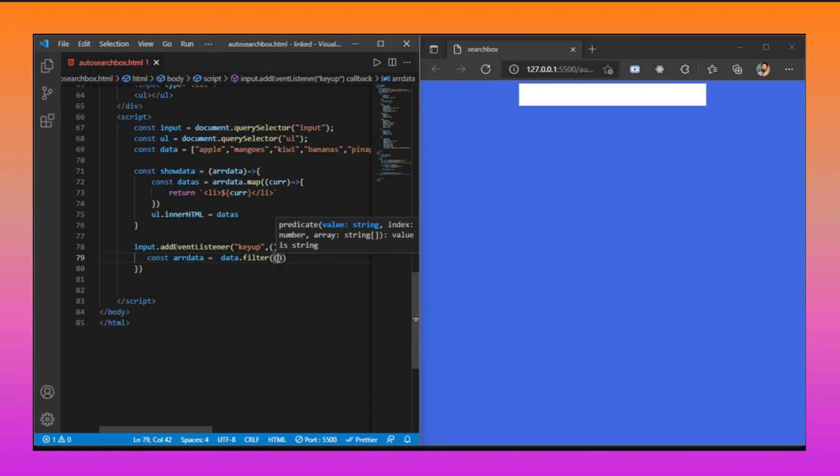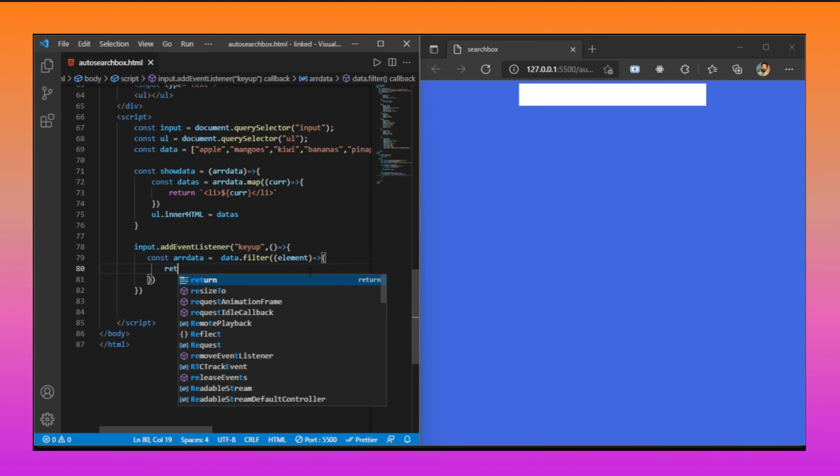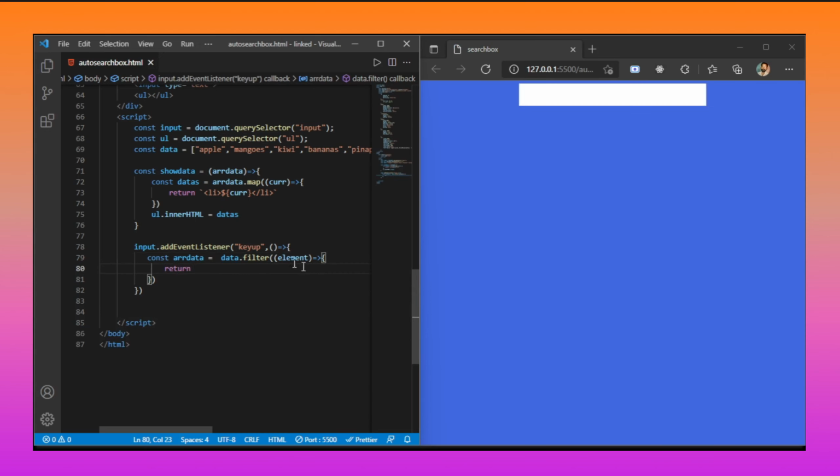So we need to write the condition. We write element, not current element. Element means this apple, mango, it is an element. We are going to return. If you write return, the value will go in this array data.